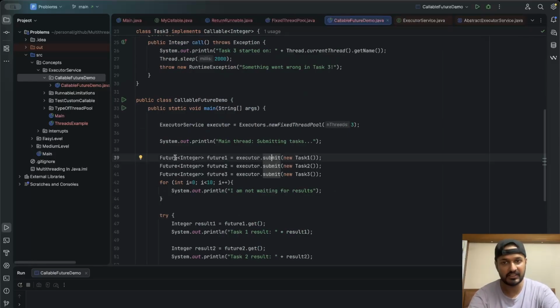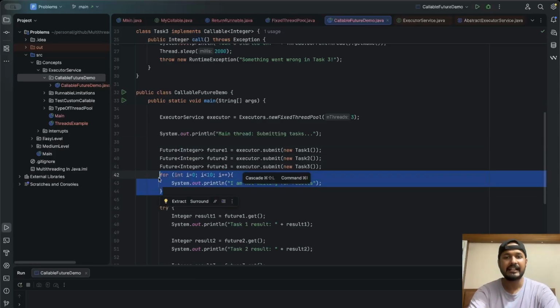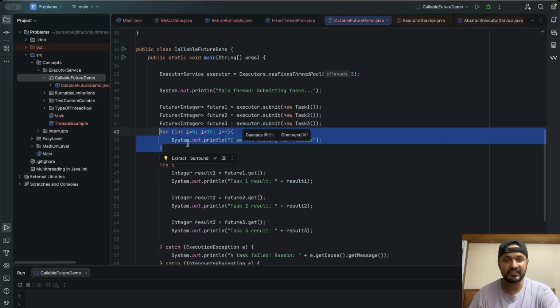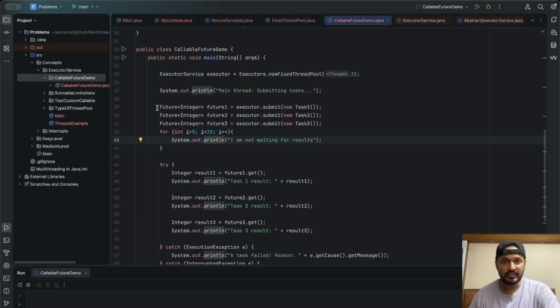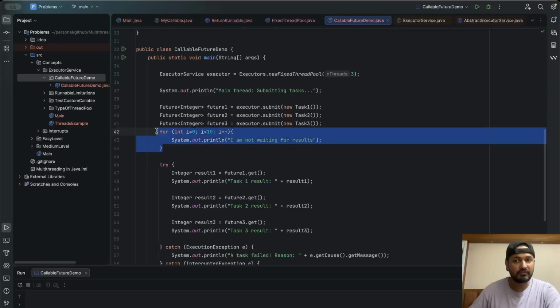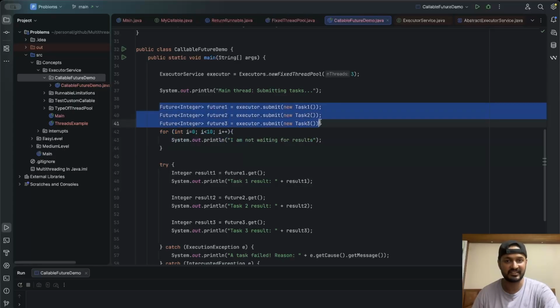So we have written this Future with the return type of the result we want returned. After that, I have printed 10 times "I am not waiting for the results." This is written in the main thread. So all these tasks will be submitted. These 3 tasks will run in parallel. Meanwhile, the main thread will not wait for results. It will go ahead and execute whatever is present after these 3 statements, correct?